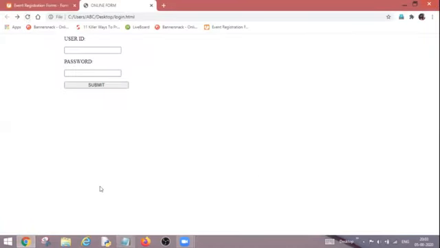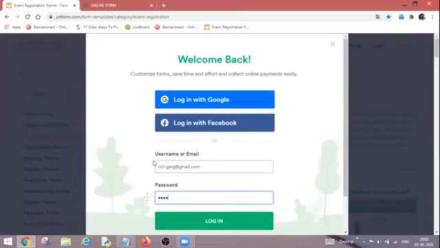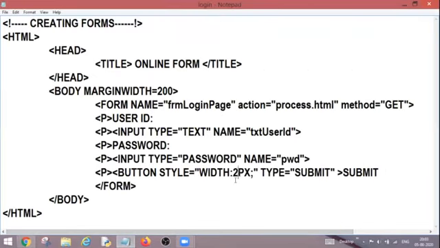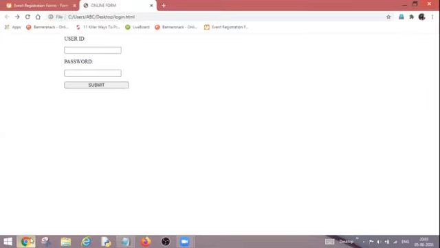So now it is looking like that. If I compare this form, almost all the text boxes have the same width. I can adjust it to a little bit lower also. That means 175 I can assign so that I can have better uniformity over here. So exactly the same width I'm getting for all three controls.